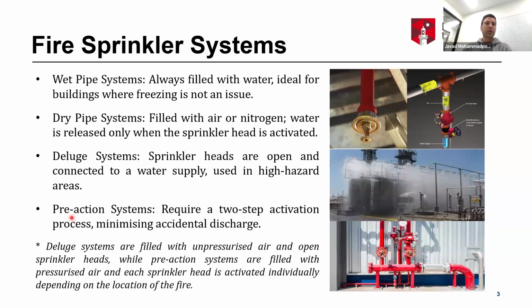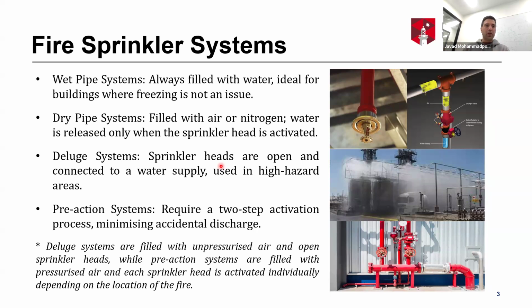And the fourth one is the pre-action system. This system is a bit different because it requires a two-step activation process that minimizes accidental discharge. It means that we have two activation steps. The first activation means that we can have water inside the sprinkler pipe. But when the sprinkler head is activated, it allows water to flow and discharge from